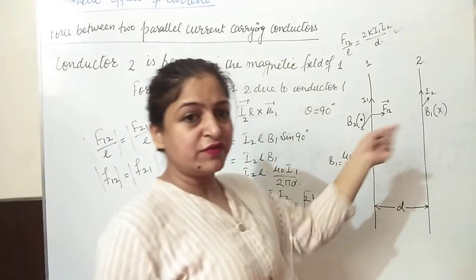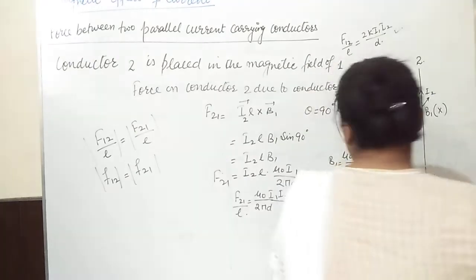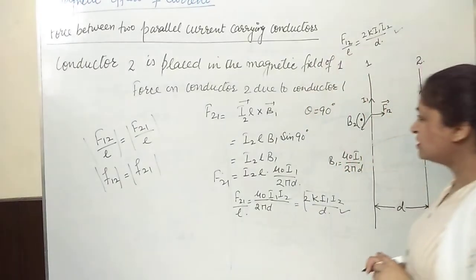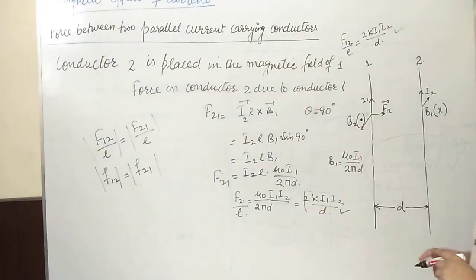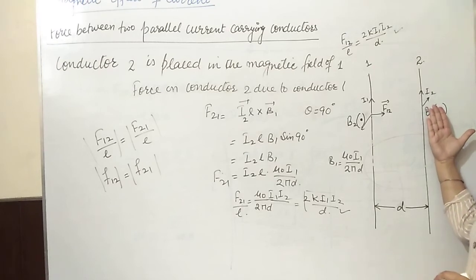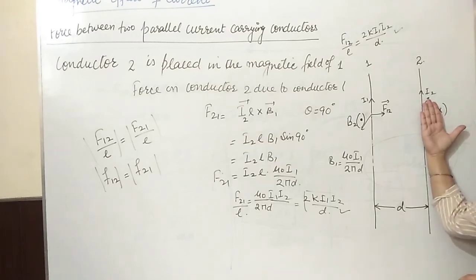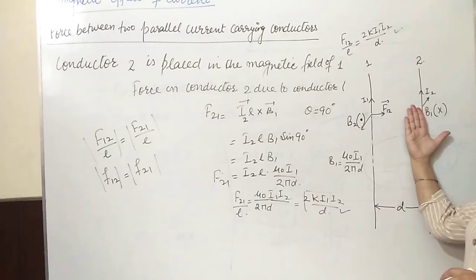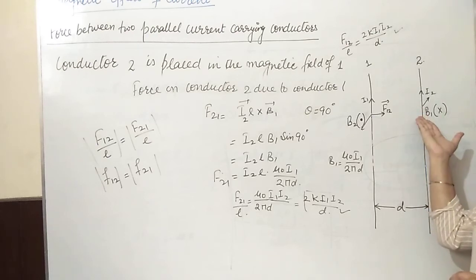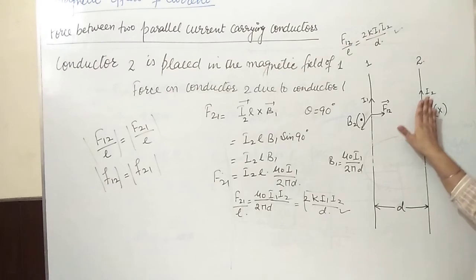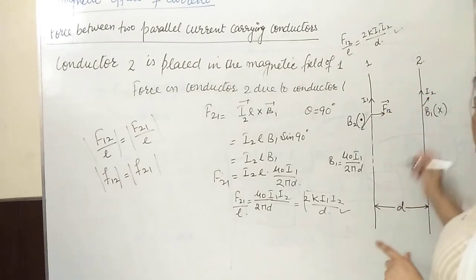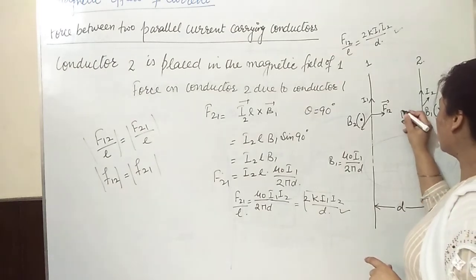Now let us see the direction of this force. Force is IL cross B. You have to stretch the fingers in the direction of the current and curl them towards B. B is inward here. So stretch your fingers in the direction of current, but you are not able to curl them inwards, so you have to keep your fingers upwards. Now curl them in the direction of the field, that is inwards. So this is the direction of the force.